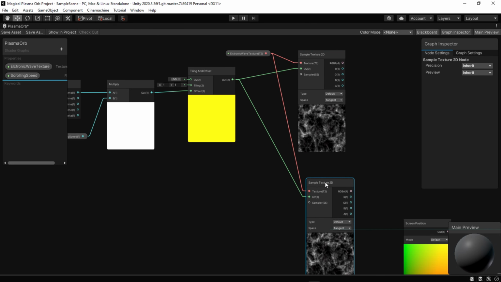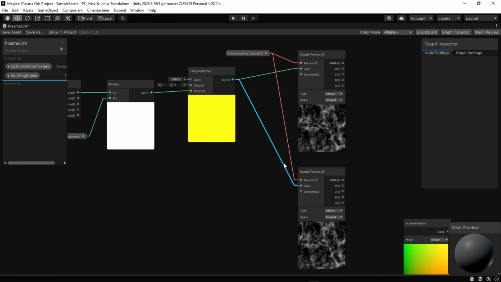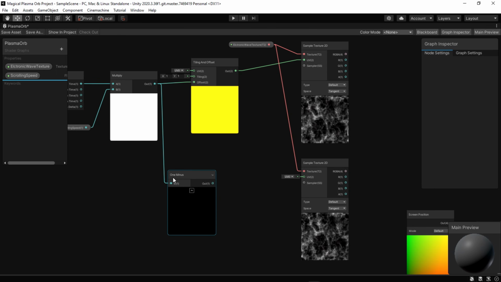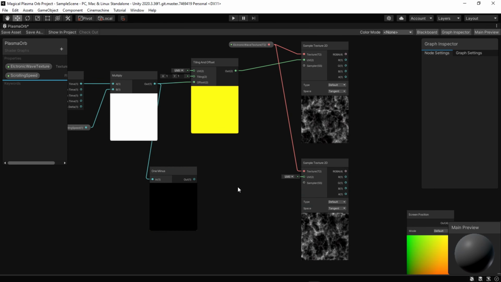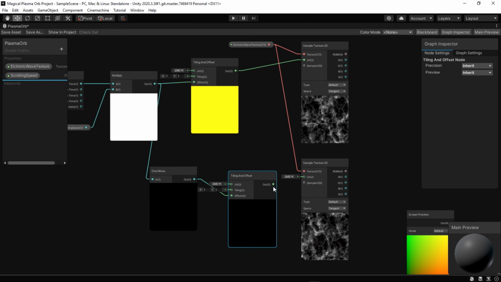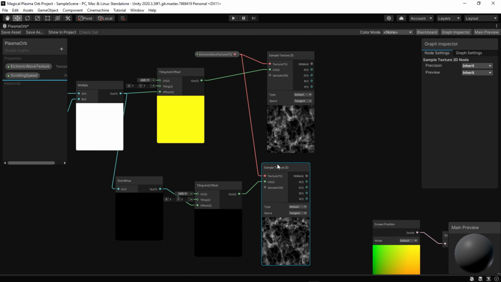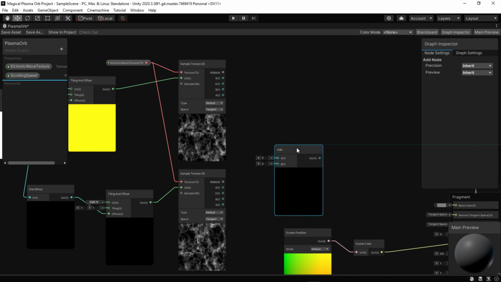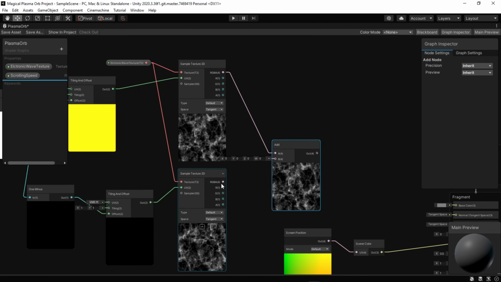Now we can create another sample texture 2D and make it move opposite way of the first one. Then we can add these textures and multiply them with a color.